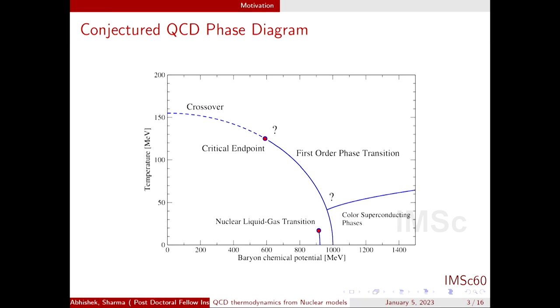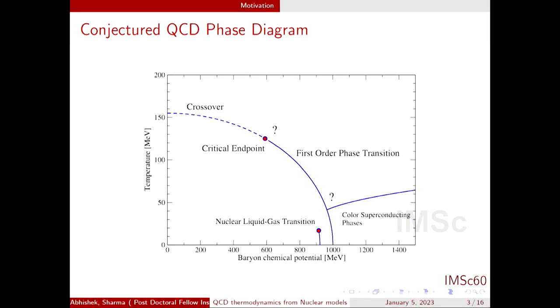If we go to still higher baryon densities, at low temperature and high μB, we have a little bit of an idea from neutron star physics studies, but again we do not know at what baryon chemical potential or baryon density the transition from confined to deconfined phase occurs. We also don't know what the phase of the ground state is, whether it is a color superconducting state, some inhomogeneous state, or something else.